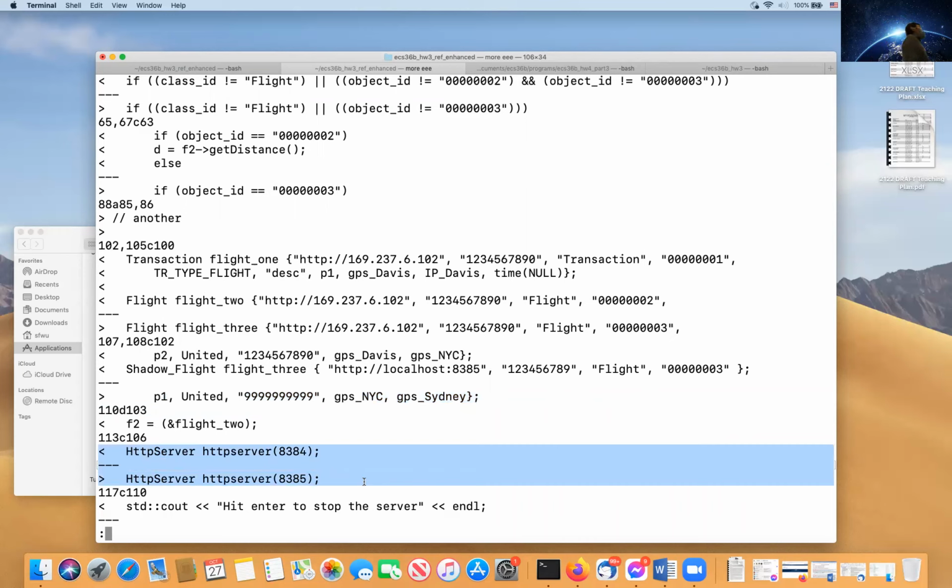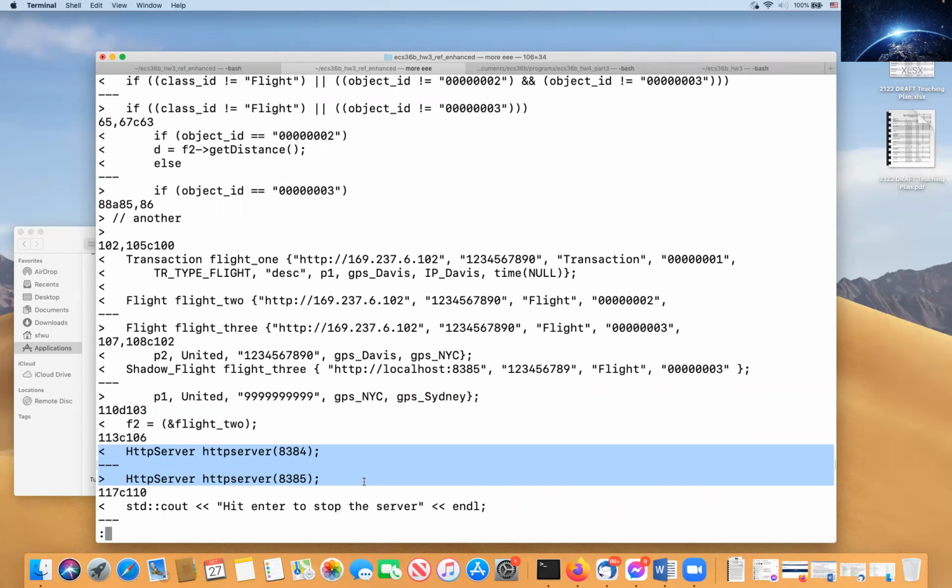When you set up the server, because there are 2 different servers, one is the original server, HW3 server, and then you have HW3 another. You can see they use different port numbers. If they use the same port number, then one of them won't work because they have a conflict.